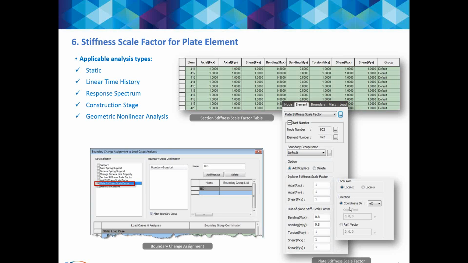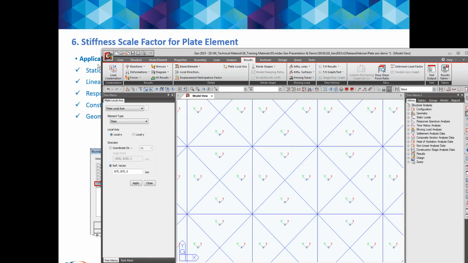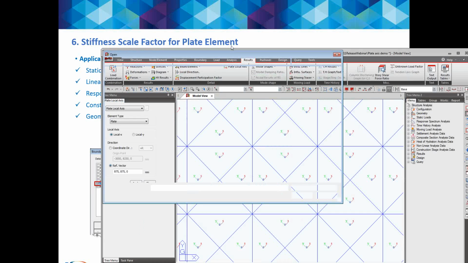Also for the unstructured mesh, we have the definition for the axis. So it's basically according to the local axis, but if you define their angle, then this stiffness will be according to the reference direction. If I show you with the program for better understanding,